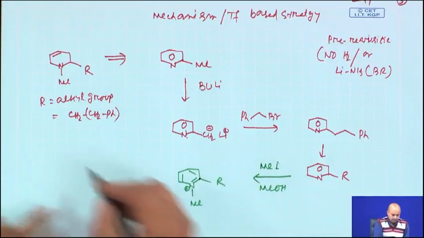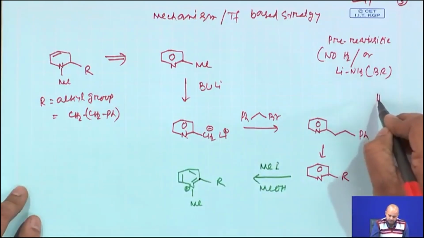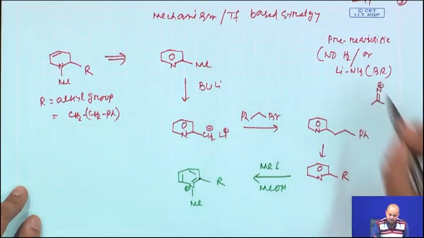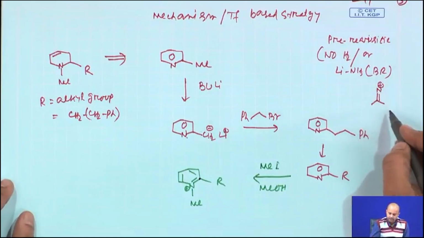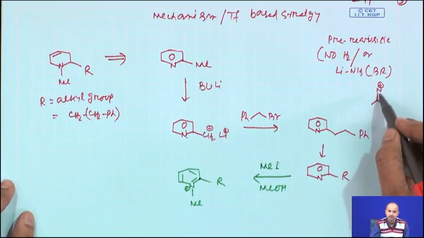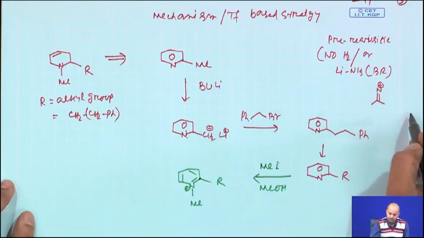Iminium species are electrophilic in nature. You can add any nucleophile, it is basically like an aldehyde or carbonyl compound. Instead of oxygen, you have a C double bond N, and as this nitrogen becomes positive, nucleophile can